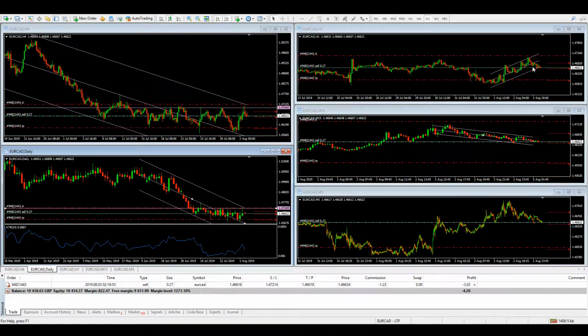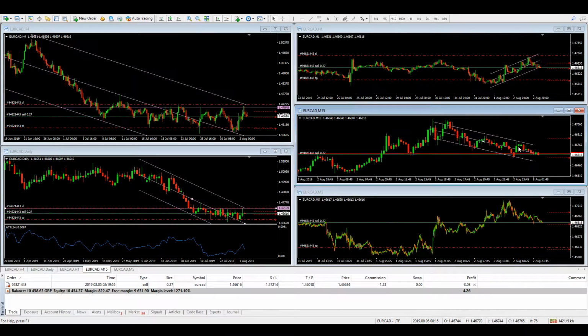Like I said, the main thing I want to see in the coming hours is for the price to break these previous higher lows here on the hourly, so to break this support area. If it doesn't do that and starts to make higher highs and higher lows, I may consider moving to break even. But my position on this is dictated firstly by how this pans out, if I'm awake to manage it, and secondly by it making lower lows and lower highs to move towards my profit target.